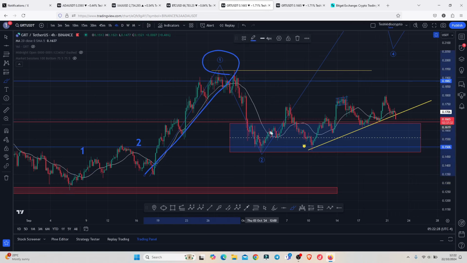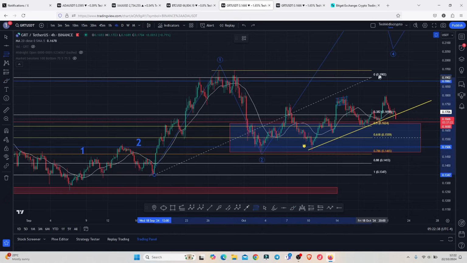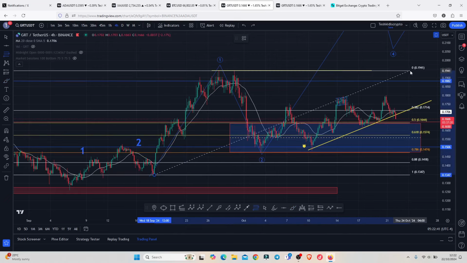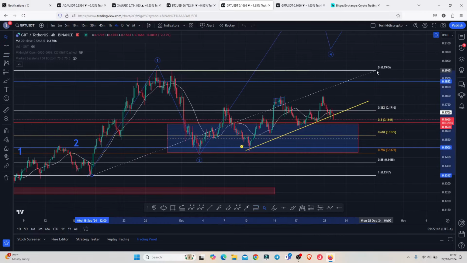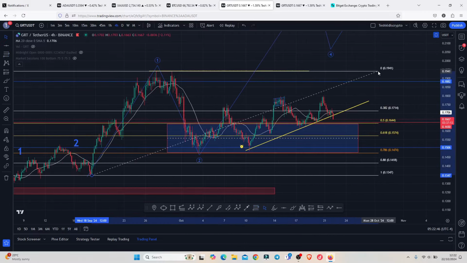Then we saw a bit of a breakdown move in the formation of this additive count 2, whose minimum target areas were given by connecting the fibs from the low of the first wave to the high of this additive count 1, giving me a minimum pullback target area between the fib level 0.5 and the fib level 0.618, and the fib level 0.78 as a maximum,